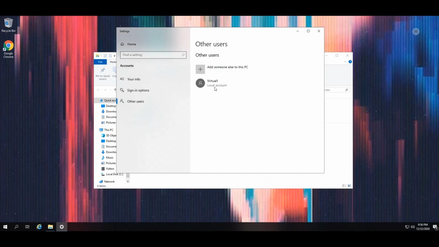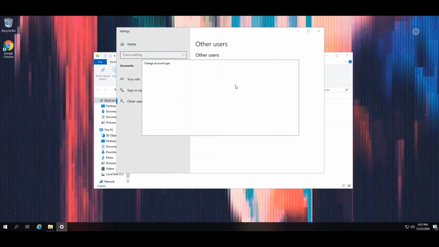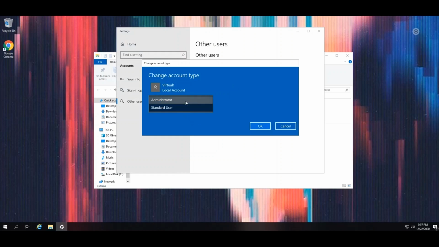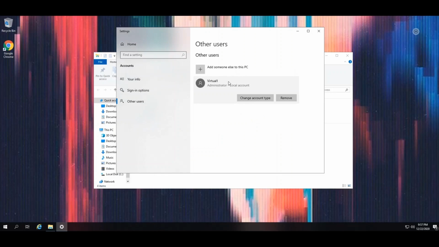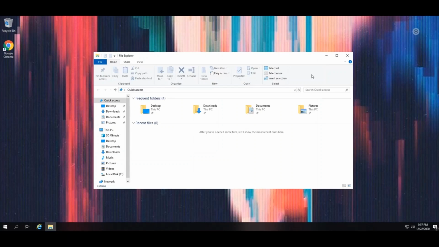Alright, so this worked. So now we have this user, and then we want to make sure that this user is an administrator. Alright, so now this user virtual1 is a full-fledged user for this computer. Now the last step is to log into this user, and I'm going to show you how to log in